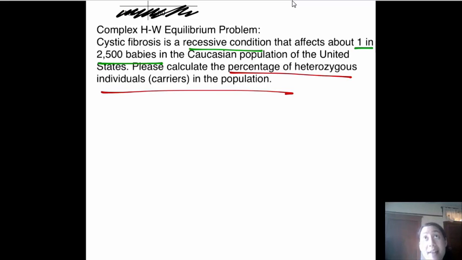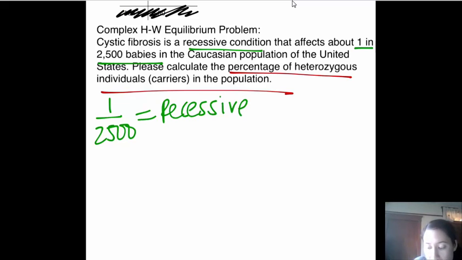Recessive condition, okay, that's a trait that somebody has. Anytime they give you a disease, that's a trait, a condition. And then they gave me that it was 1 in 2,500 babies. So instead of giving me a nice frequency to work with, I'm going to have to calculate that by myself. So 1 in 2,500 have a recessive trait. If I look back to my chart, or if I'm good and I have it memorized, I know that that is Q squared. And I'm going to calculate that out now on my calculator. So 1 in 2,500, that is